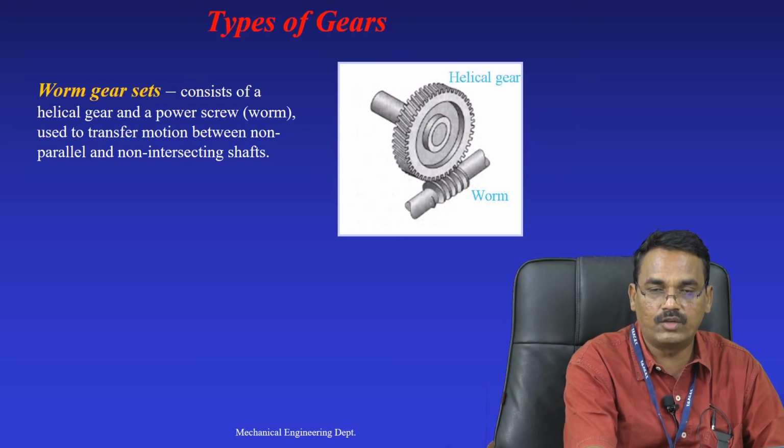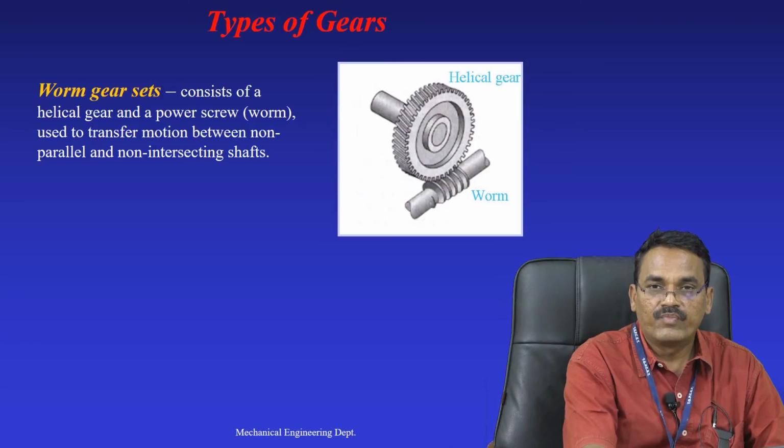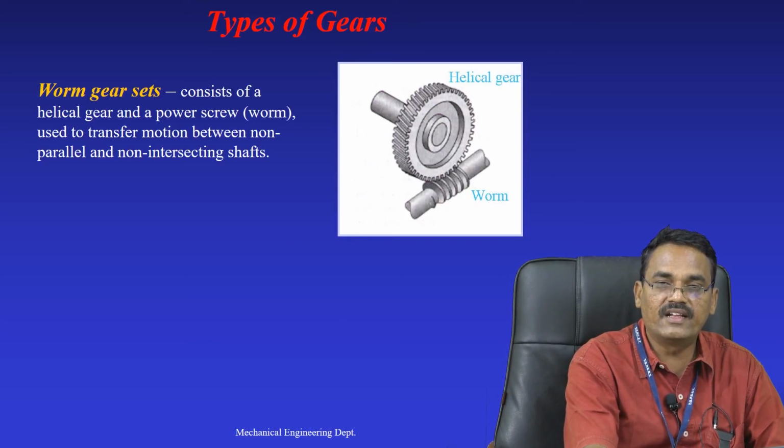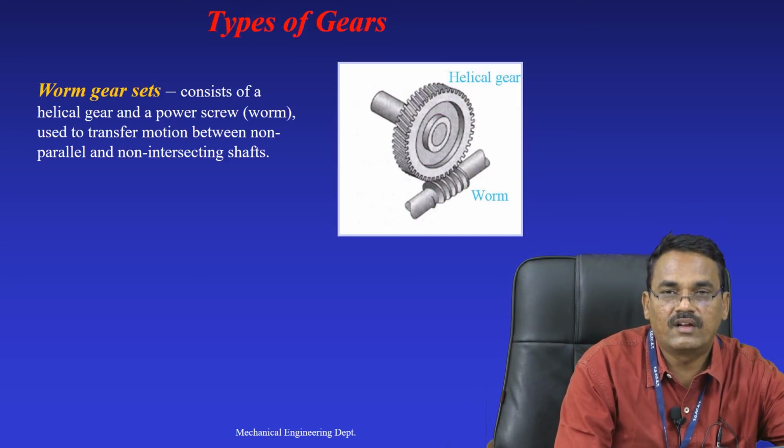Now in the third classification, you will see the orientation of the axes of the shafts: they are neither parallel to each other nor intersecting to each other. If the axes of the shafts are neither parallel nor intersecting, then such gears are called worm gears. The pinion is replaced by a worm and the gear remains the same. In the figure it is clear that the axis of the worm and the axis of the helical gear are neither parallel nor